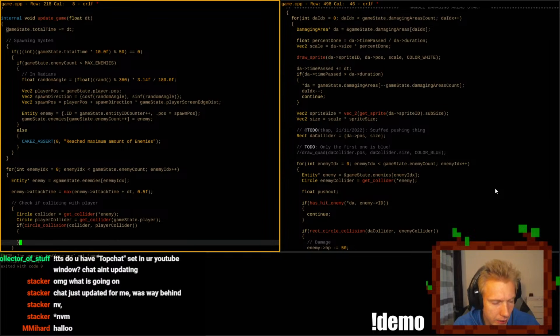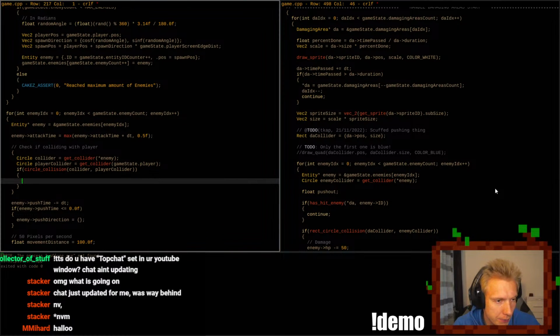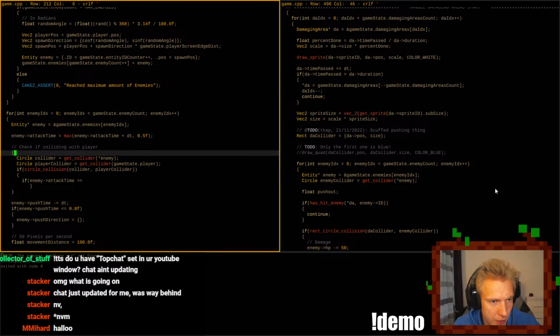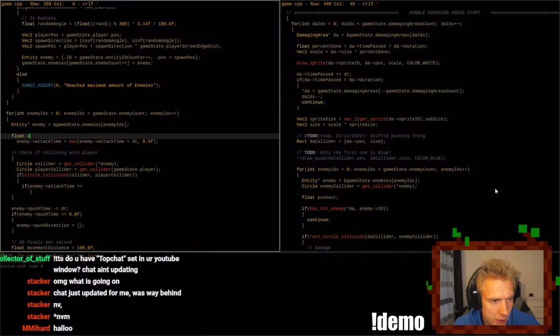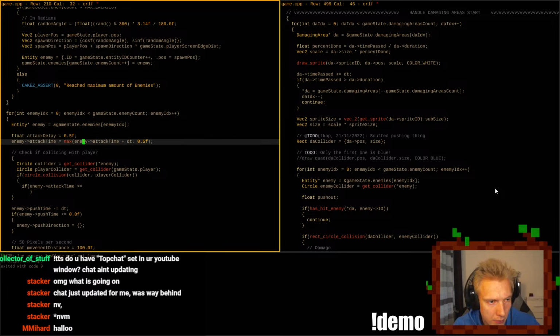And if we have that, then we need to check if enemy attack time is greater than or equals attack delay, and we need to set that attack delay. So that would be attack delay here.